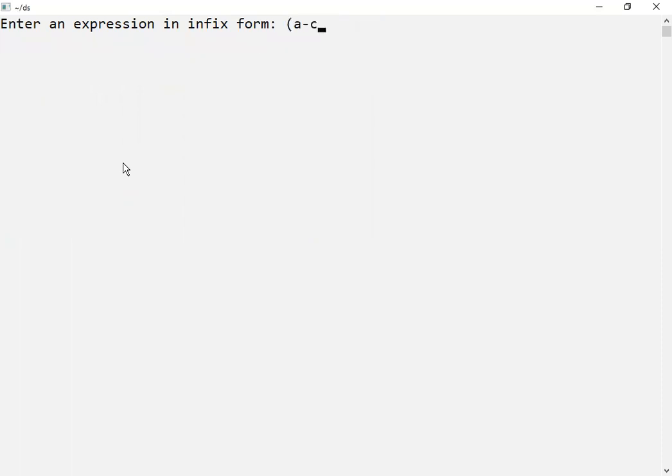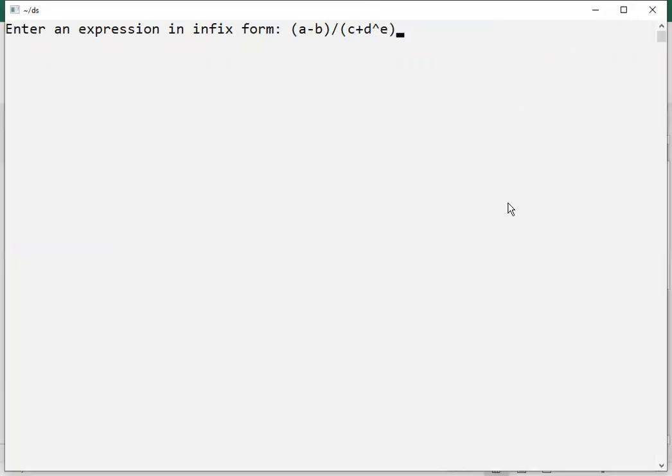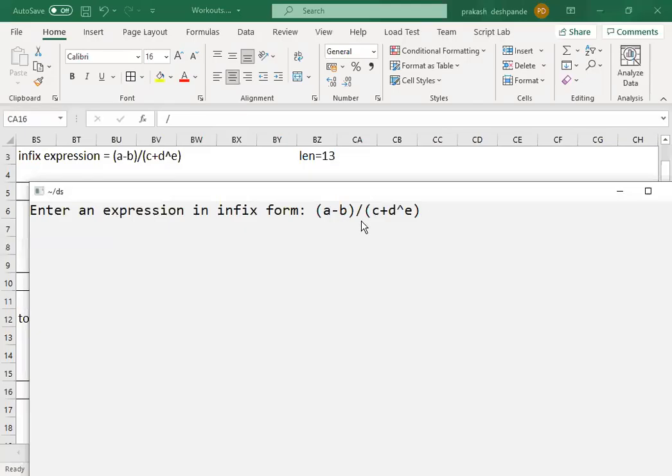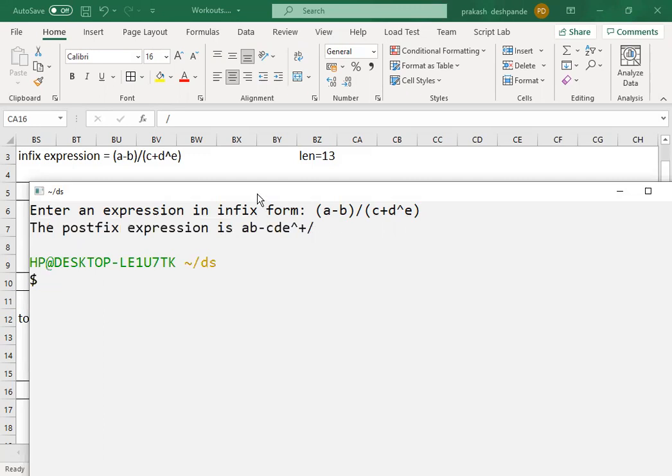So a minus b closing bracket division c plus d power e. Quickly check whether it is correct or not. Yes, press enter. And this is the answer that we got from the program.